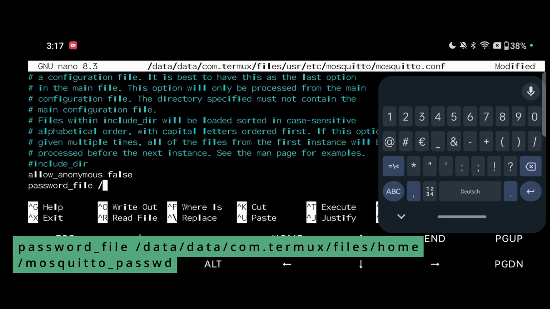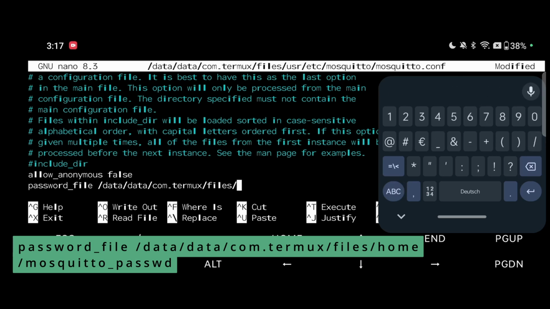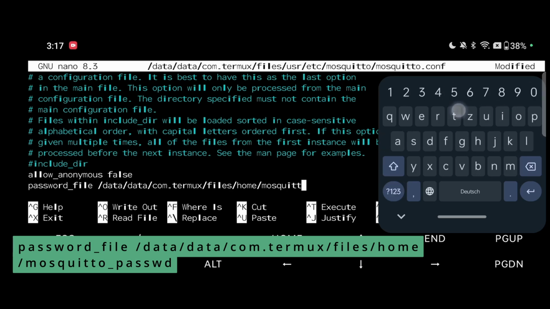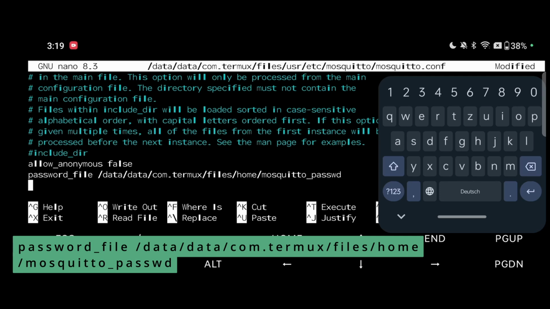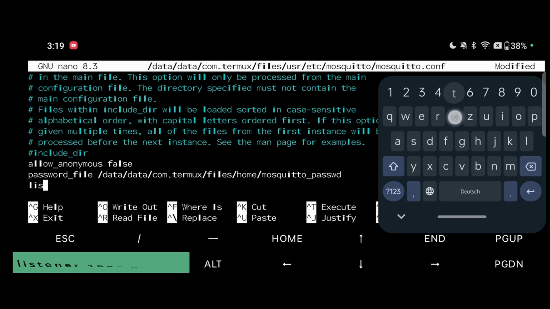So the path was data/data/com.termux/files/home/mosquitto_password. Now here we will also add the port number on which MQTT will be accessible. So we will write listener 1883. If you would like to use some other port, you can change it here.